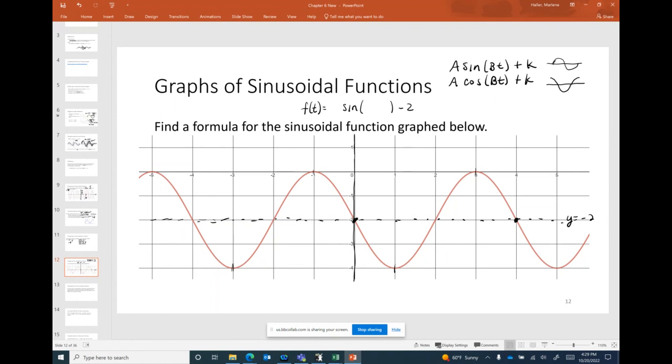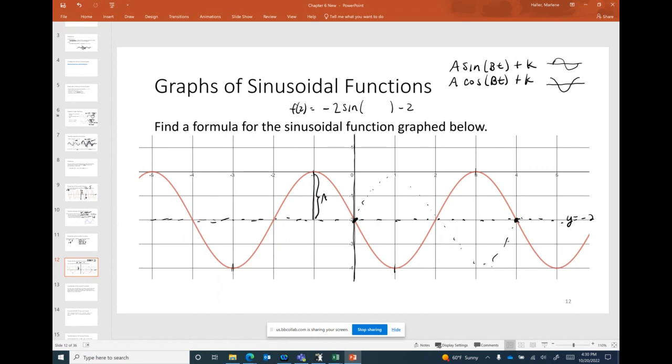All right, what next? I can find the amplitude. What's the amplitude? There's our amplitude. What is that distance? 1, 2, it's 2 units. So our amplitude is 2, and this, it was a reflection, wasn't it? Normally it would have gone up, back to the middle, then down, but it didn't do that. It went down to the middle, then up, so that means it was reflected over the midline. So I need to stick a negative in front of there. I got this too crunched in, so I'm going to spread it out more: -2